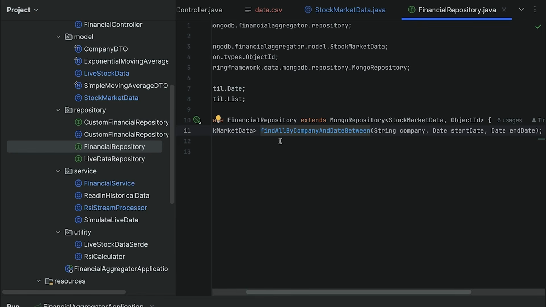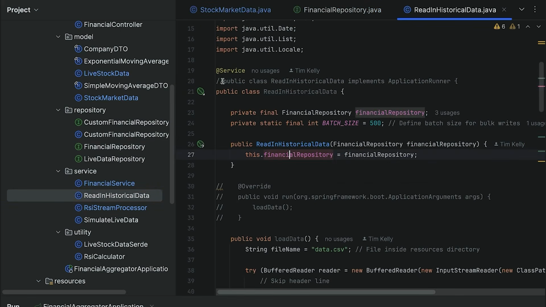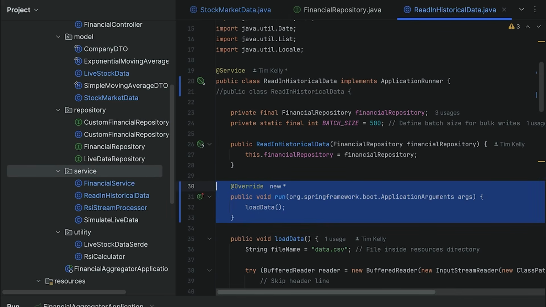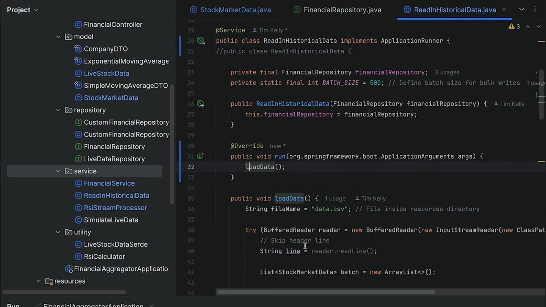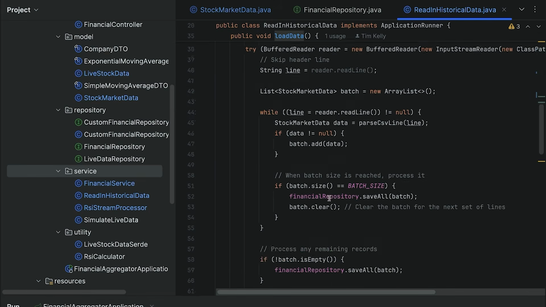To load in the data, we use a one-time import that reads in the CSV line by line. To do that, we're going to go into our services, and I have a class called read in historical data. Now I have some stuff commented out here, so if you've cloned this repository, you are going to need to uncomment it. It's just at the top, this class implements application runner. So when we spin up our application, it will run load data. This just parses our CSV file and takes some of the lines into memory,